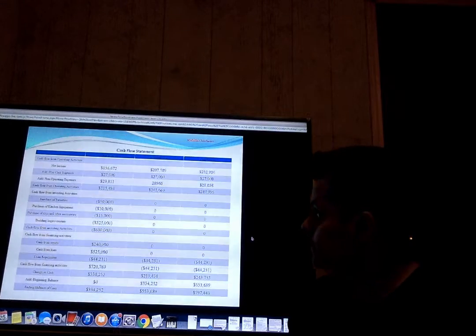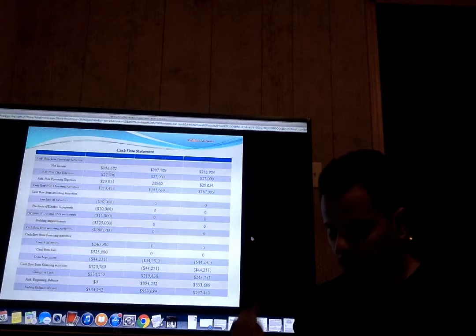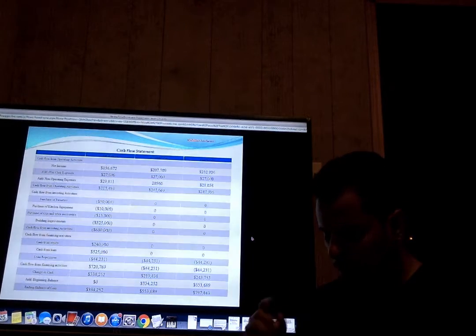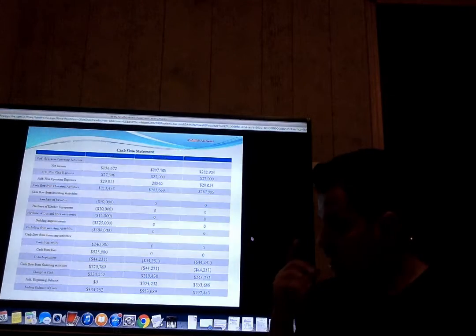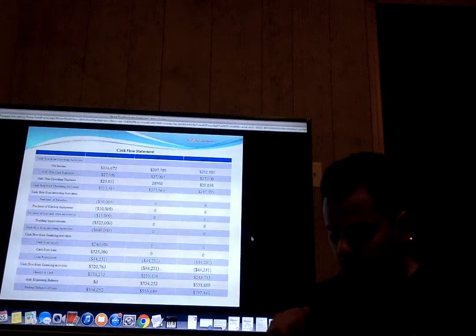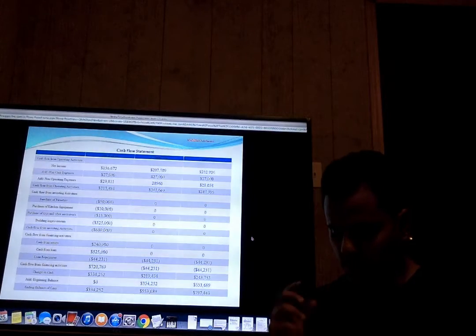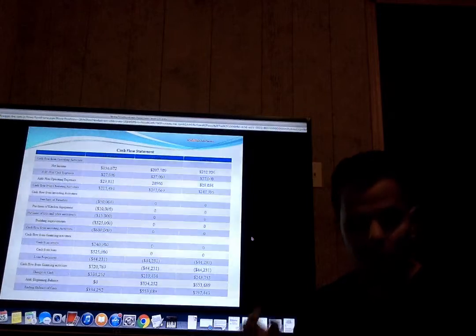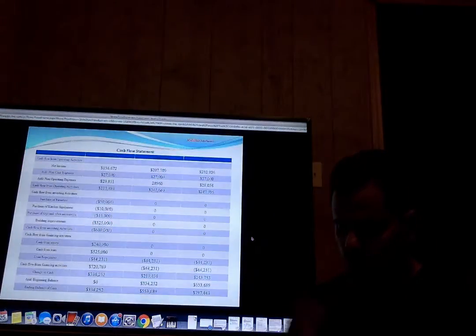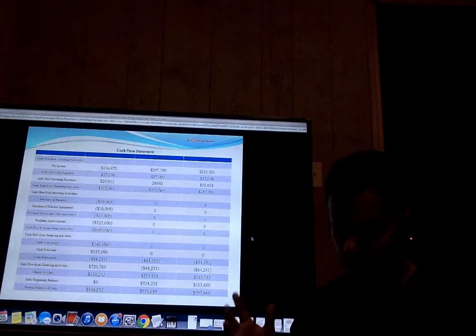And for the cash flow statement, for the loan, we contacted the local bank of our area, and by working on the feasibility of the project, we are assured that the bank will provide us the required loan of $525,000. This loan, along with the amount contributed by the owners, will be utilized for meeting the setup expenses and operation expenses. For the first 3 years of the operation, owners will not withdraw any amount from the business, and the profit will remain in the business in the form of retained earnings. We are planning to withdraw in the fourth and the fifth years, and the amount will be invested in expansion.